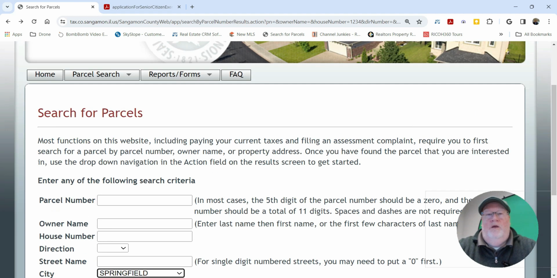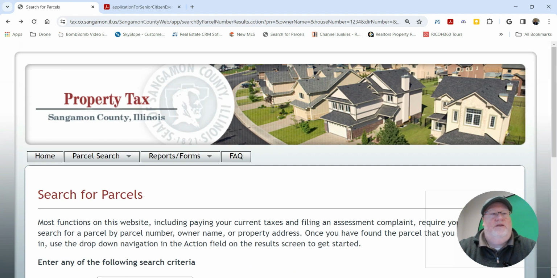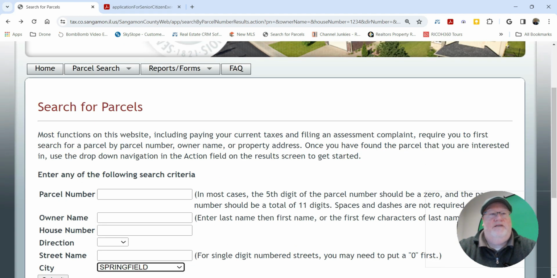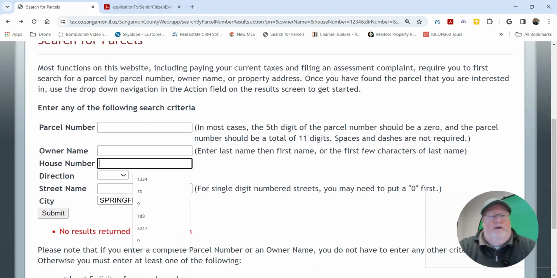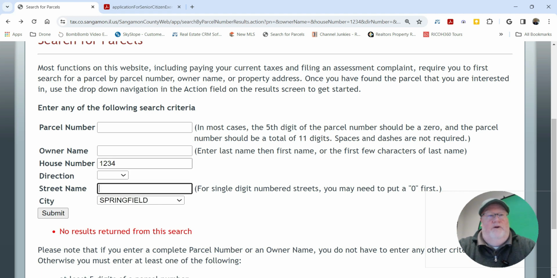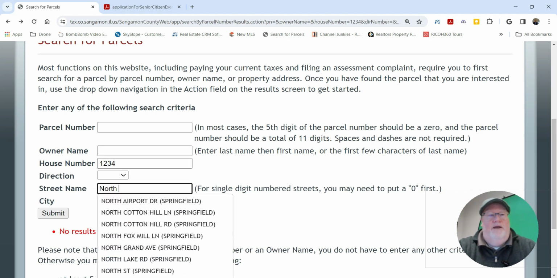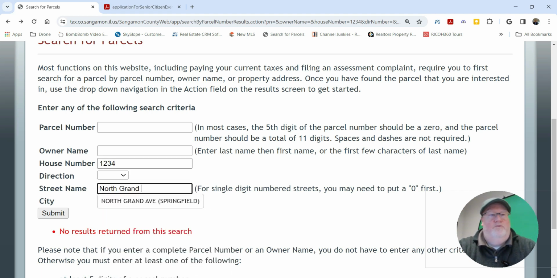So in the email that I'm sending you will be a link to this website. It's the Sangamon County property tax. It's going to take you right to here, and you're going to type in either your owner name or the address. And I already practiced this, so I am going to type in a neutral one. Click on here, and then once you have this information, that should be enough. You click submit,